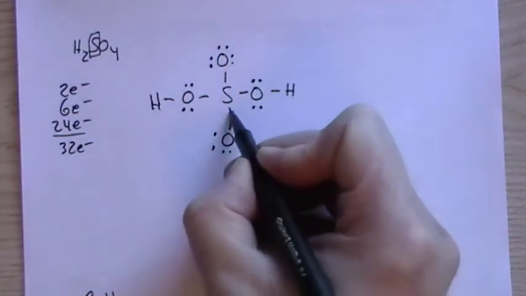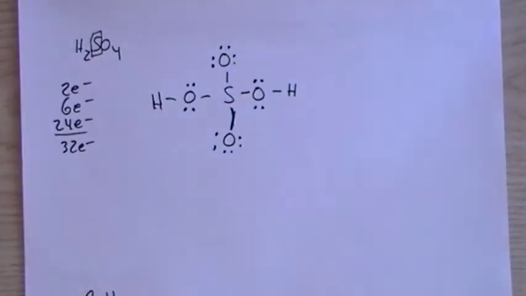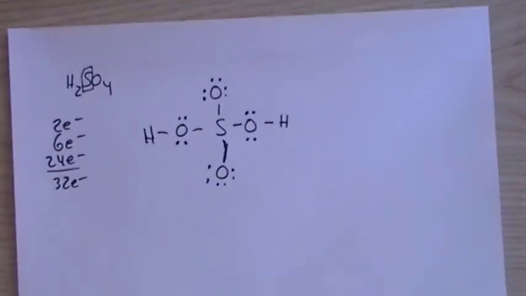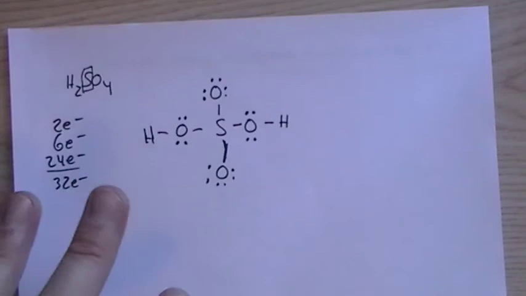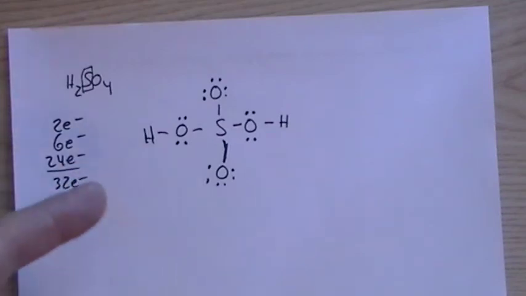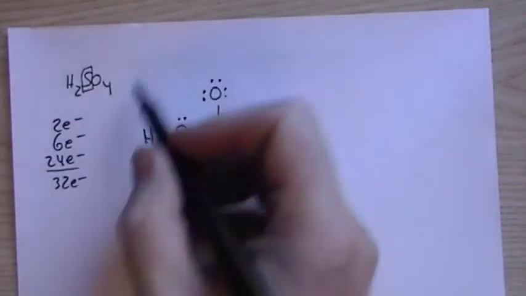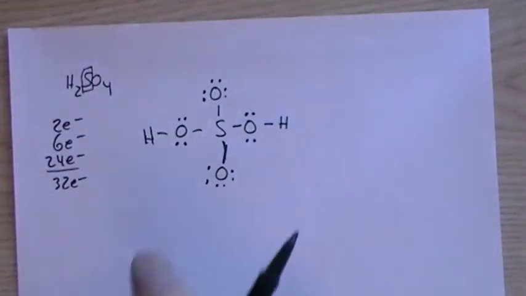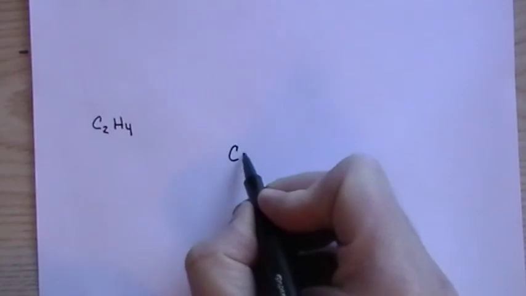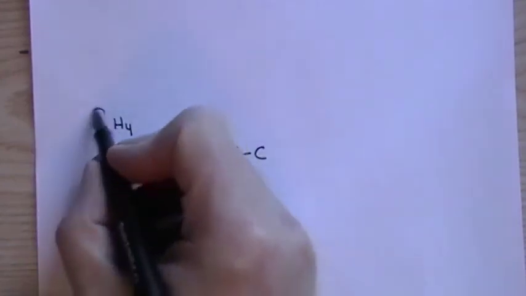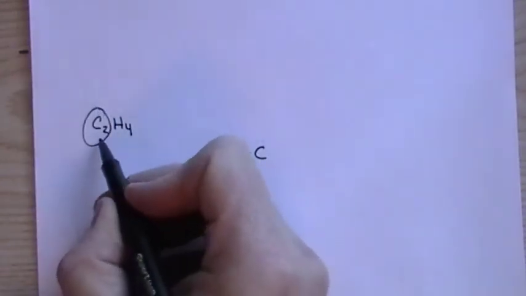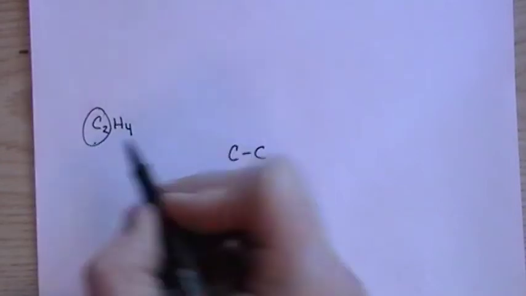Did a poor job with this bond, sorry about that. Everybody has their octet. Now, that looks fine as far as we go, but we're going to learn that this structure is not quite correct, but we'll look at the formal charges. But at this point, with the knowledge that you have, that is fine. C2H4. Now, when you have more than one atom of the same kind on the left, that means that they're